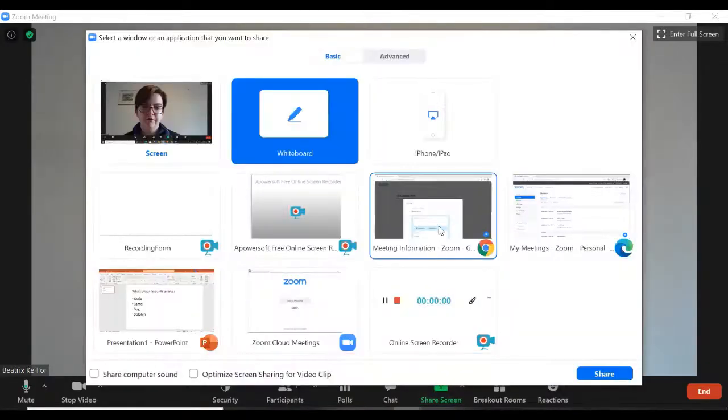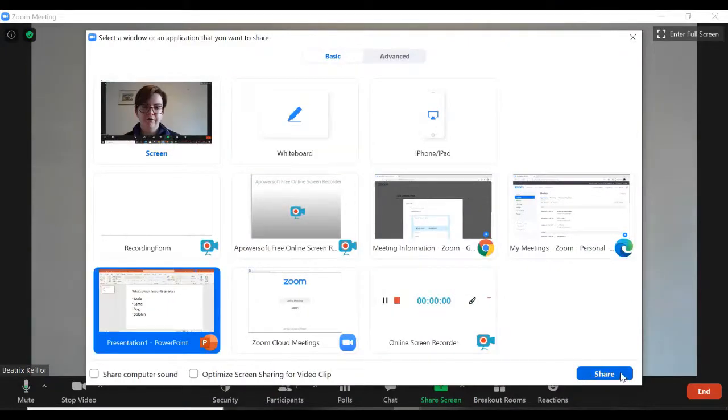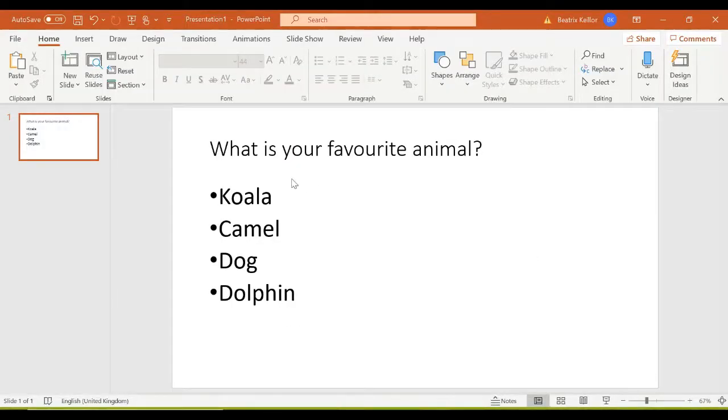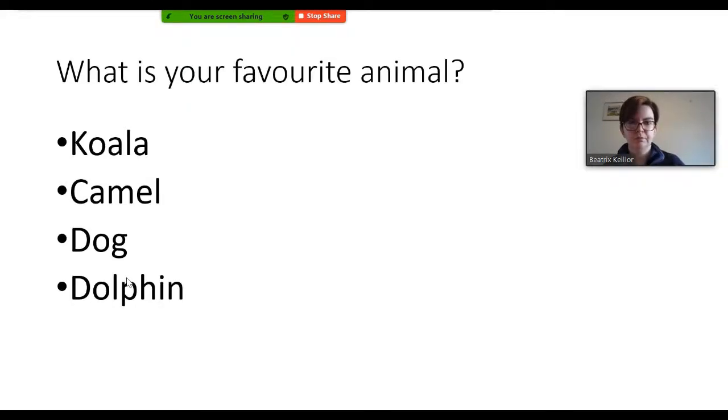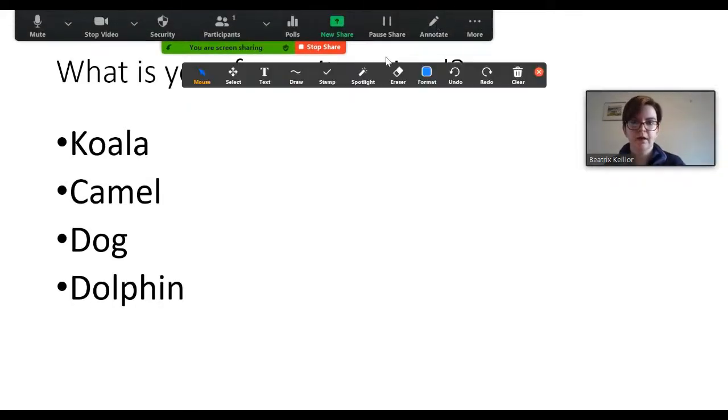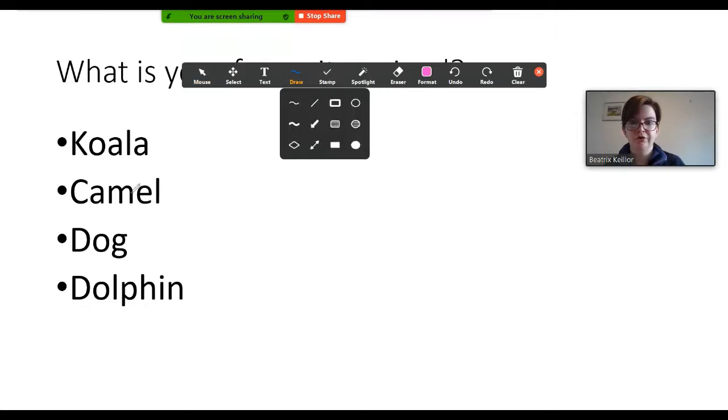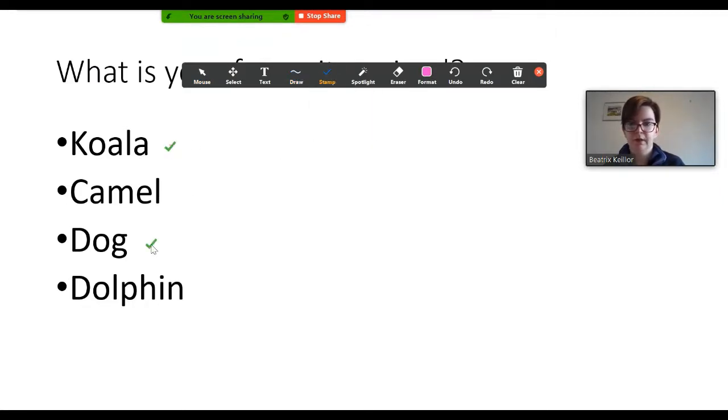For example, I've simply prepared a quick PowerPoint slide asking the girls what is your favourite animal. And then all the girls would need to do is find that annotate button again, and then they could possibly draw or stamp next to the one that they'd like to vote for, like so.